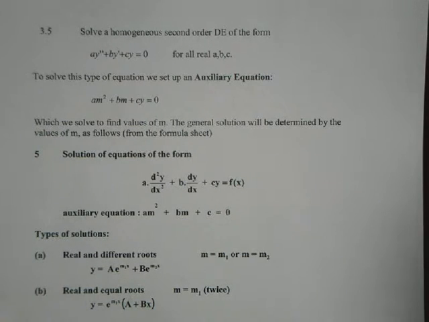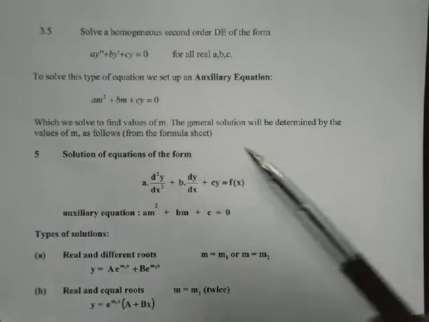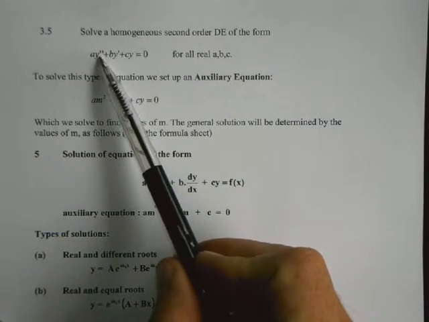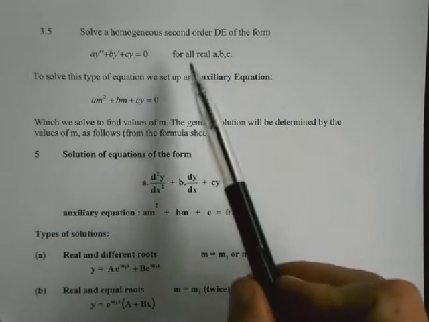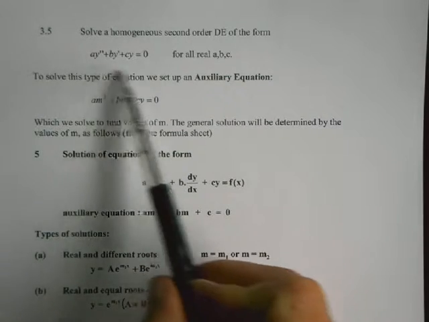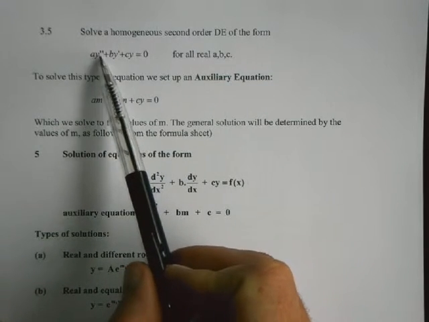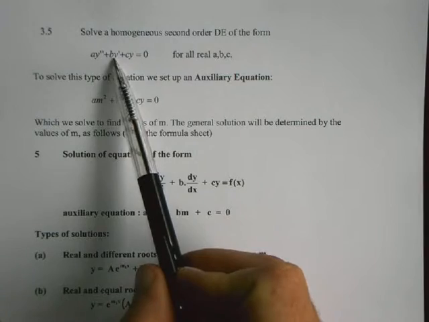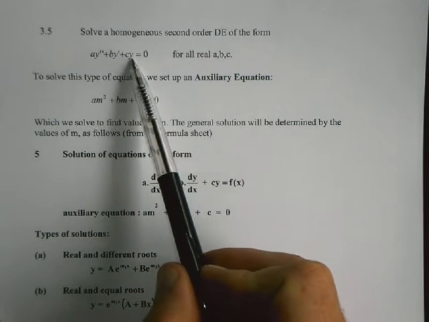Okay, we're going to have a look at some simple second order differential equations. By second order we mean they've got a second derivative in them. And the only type we're going to worry about are ones where we can write them in this form. So basically something times the second derivative plus a constant times the first derivative plus a constant times the variable